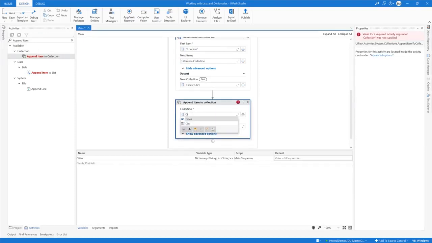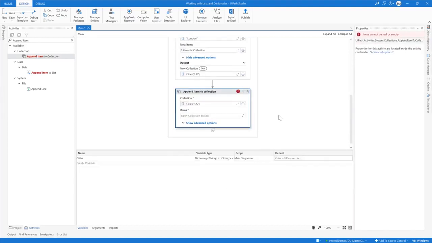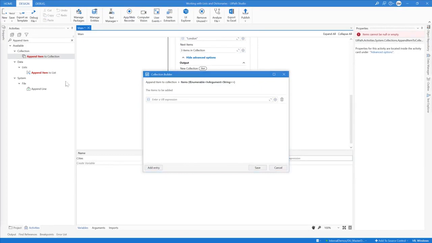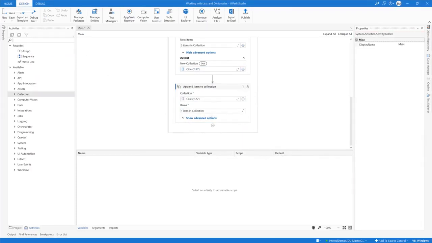Let's add cities assigned to the US key within the Collection field to add to the US list of cities. Now, to add the items, we open the Collection Builder, type in Portland, and click Save. And we've added another item to the list collection, as simple as that. Next, to remove items from a